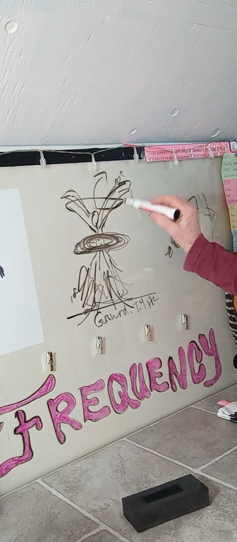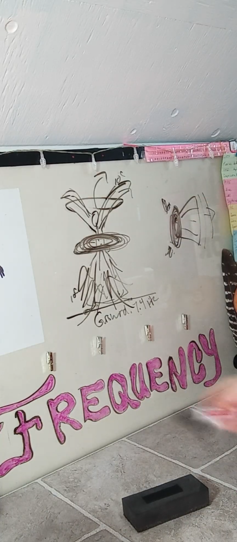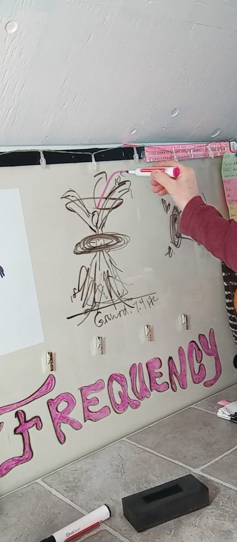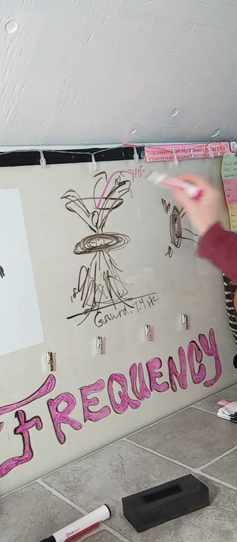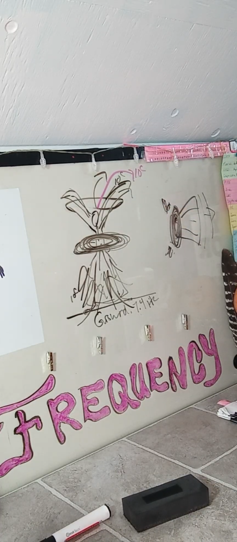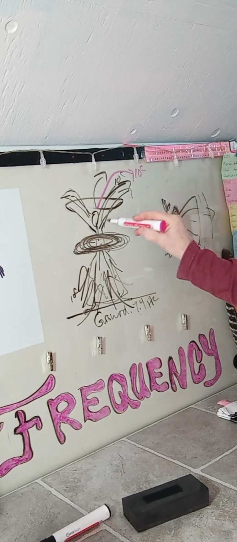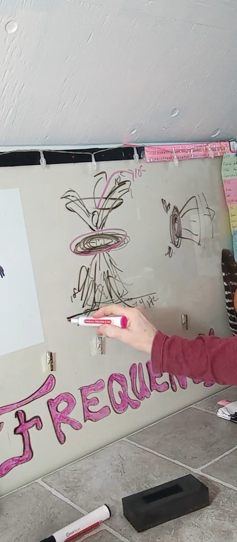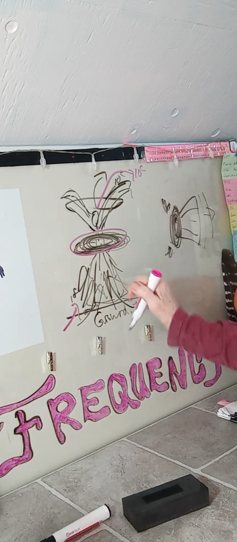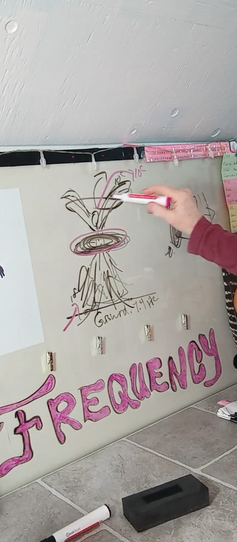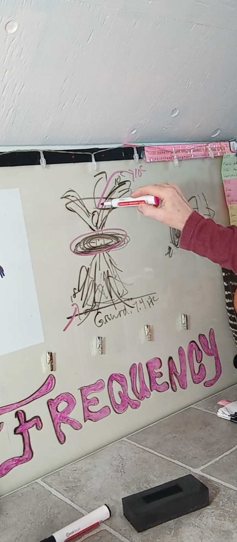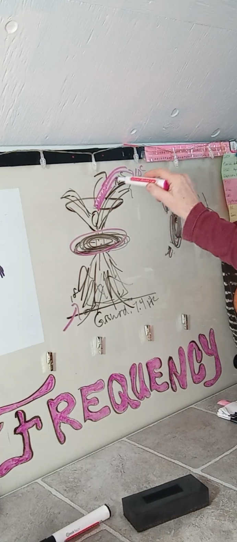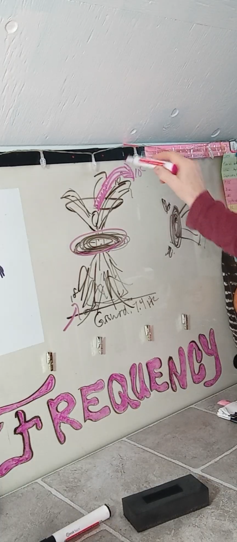So if you have 10 cents, let's just use a different color here so you can see it. If you only have 10 cents to give, but you're trying to utilize that giving to make this grow so that the incoming can be bigger, you add love to that frequency, as a giving.